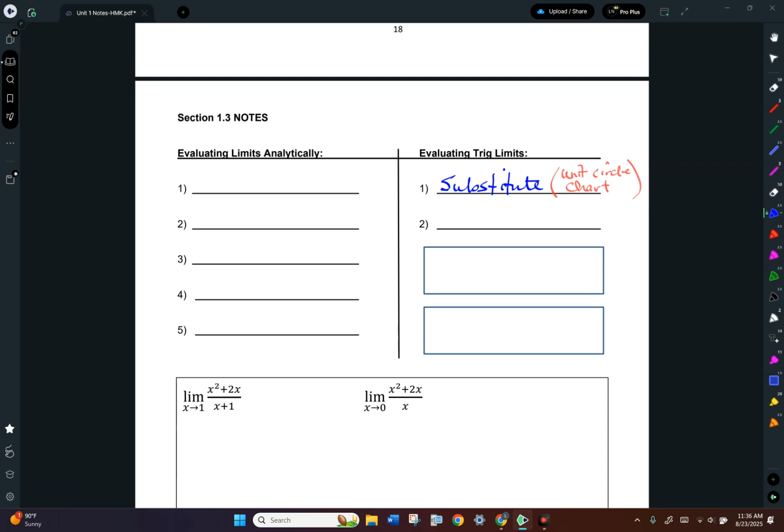After that, if you can't use identities to simplify it to something you can substitute, and if nothing like that works, then there are two special trig limits that come up a lot. It's possible you would see one of these straight up without much manipulation. But more often than not, it won't look like one of these, but after you use a few identities and manipulate the equation a little bit, it'll probably turn into one of these. So one of them is the limit as x approaches 0 of the sine of x